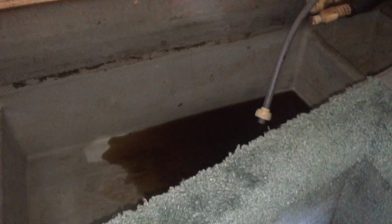Okay, 1994 Sundancer 300, September of 2016. We bought this boat about a month, 2 months ago now. Doing some work on it, discovered the aft salon area had water. I'm going to back out here a little bit to give you an overall view. The aft salon area of the boat